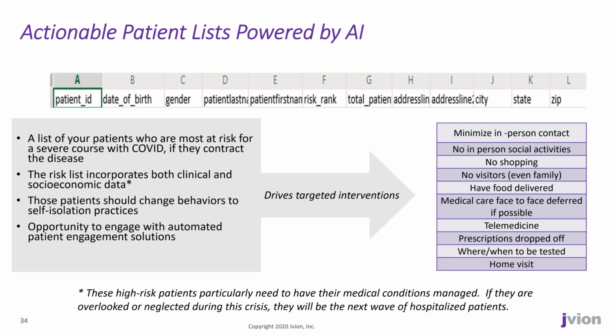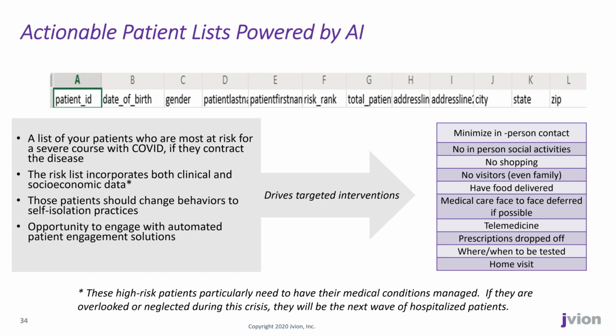Of note, when we're doing this analysis, of course, age and chronic diseases do play a role, but we find a lot of people under the age of 65 that are adding risk. We find a lot of people over the age of 65 that are in relatively good health that appear to be in lower risk. So it's much less of a blunt instrument in determining who you really should target